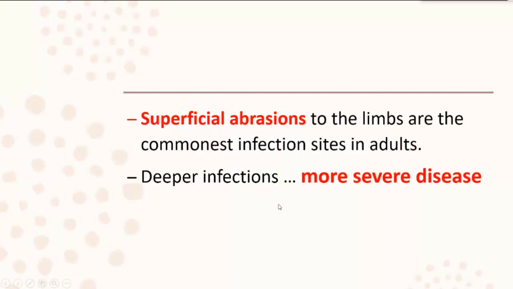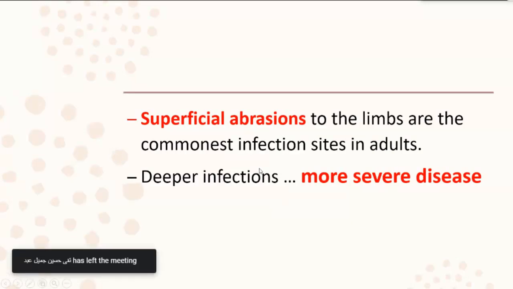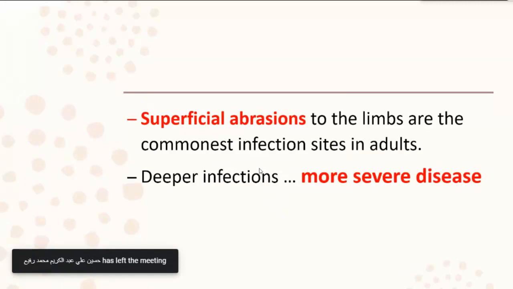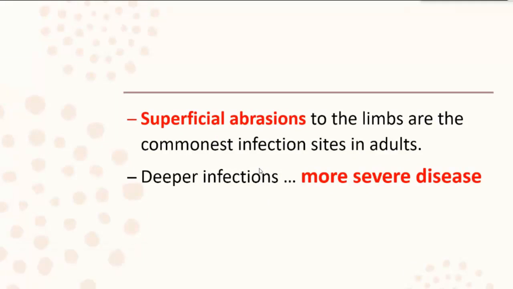Because a deeper infection will result in a low oxygen environment. The deeper the wound, the more the exposure to atmospheric oxygen decreases. This organism needs anaerobic media. So when there is a deep infection, it will create more favorable anaerobic media. So there will be more multiplication of bacteria and, as a consequence, a greater amount of toxin generation. The disease depends on toxin generation. The higher the amount of toxin, the more severe the clinical manifestation. واضح؟ The deep infection is usually associated with more severe disease and poor outcome. That is the idea.